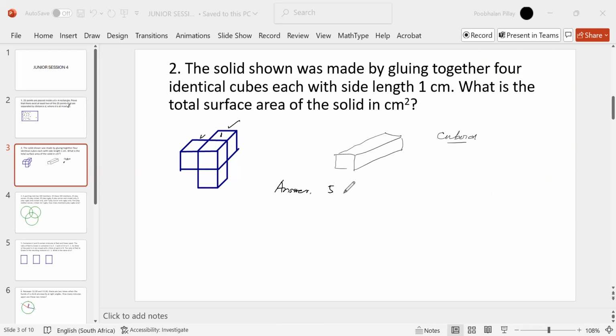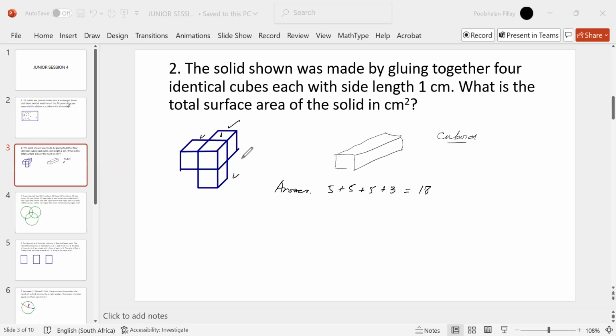And left, for the same reason, that has got 5. For the same reason, the bottom one has got 5. So these 3 which are sticking out have all got 5 exposed surfaces. The corner one has got 3. There are only 3 exposed surfaces, which you can see because 3 of them are blocked out. And so that gives you 18